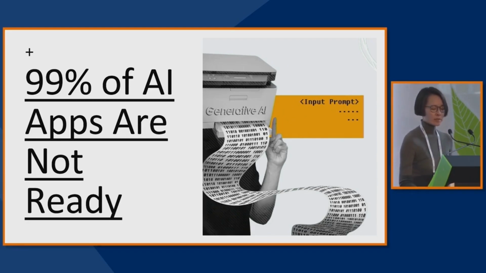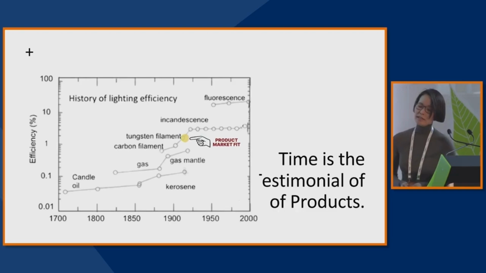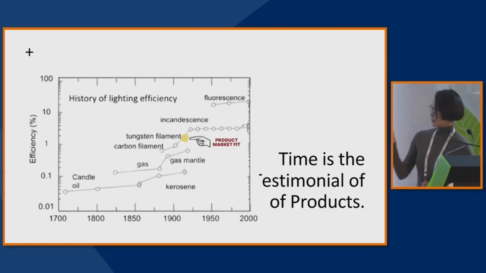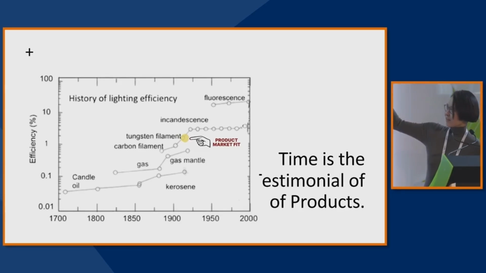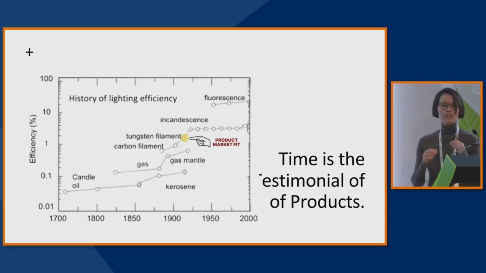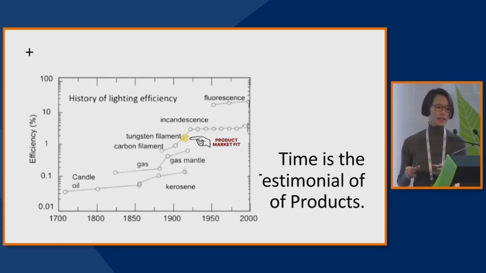I know this might be a bold claim, so let me show you what it looks like when a product has found its product market fit. Slightly ancient, this is the graphic showing the light technology evolution. Every line you see there is one light technology's evolvement, and the y-axis on the side is efficiency: how much energy you put into that light source and how much light is produced.